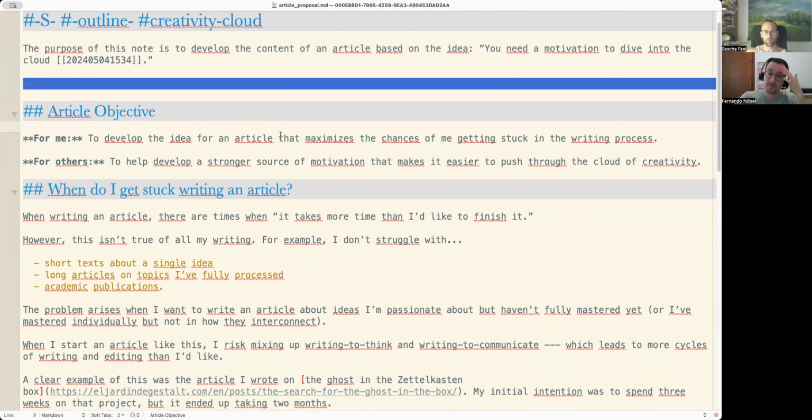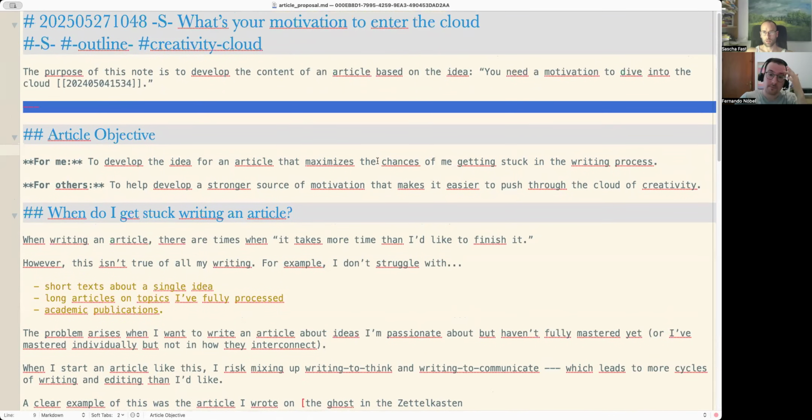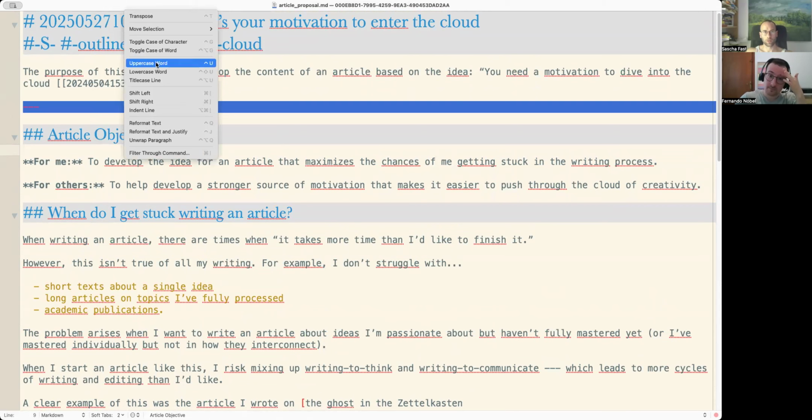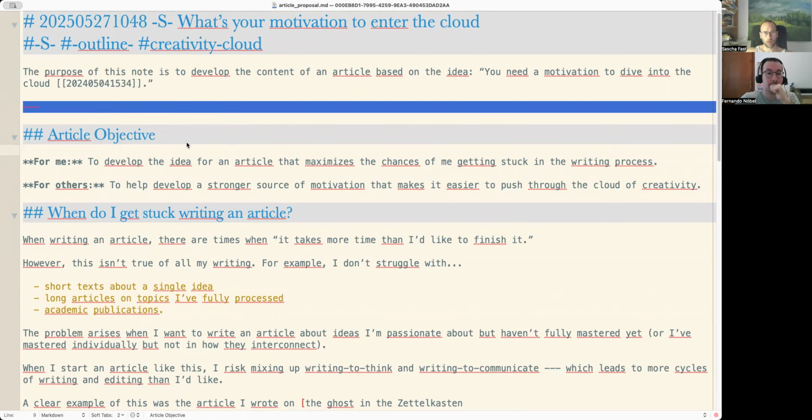I'll make it full screen. So perhaps I'll make a text wrapper.